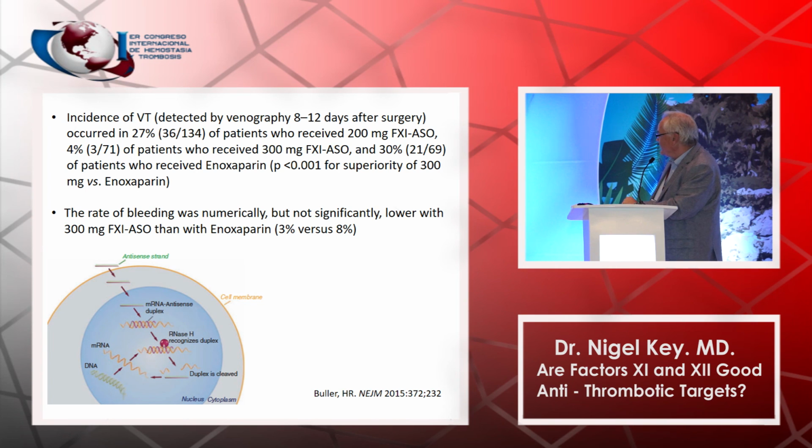So this study was obviously using a well-tried and tested model of venous thrombosis prevention in humans, and this is usually where anticoagulant therapy begins its journey towards licensure, in the prevention of thrombosis after hip or knee surgery. So these patients who had their factor 11 levels knocked down significantly into the 20% range,